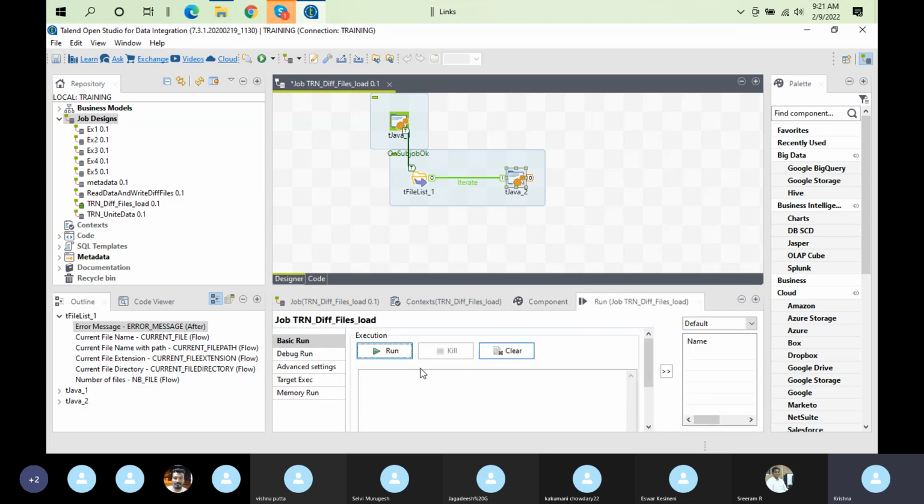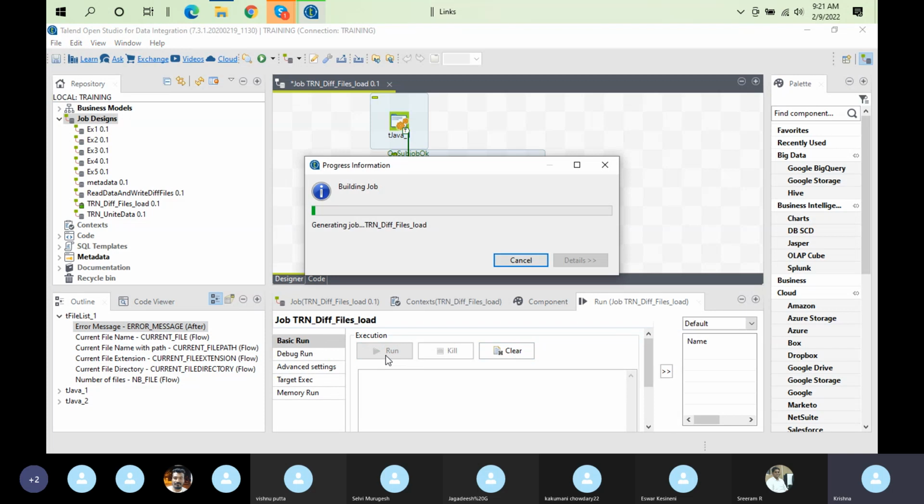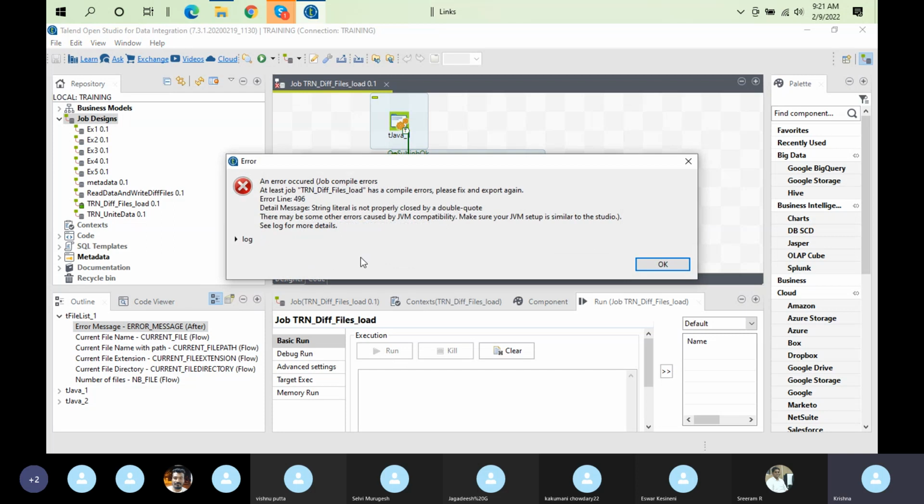So we'll see how it is going to print the things, and how many files you have, that many times it's going to print all these variables related information. And the error message you will not get because it's after. So the job is going to,